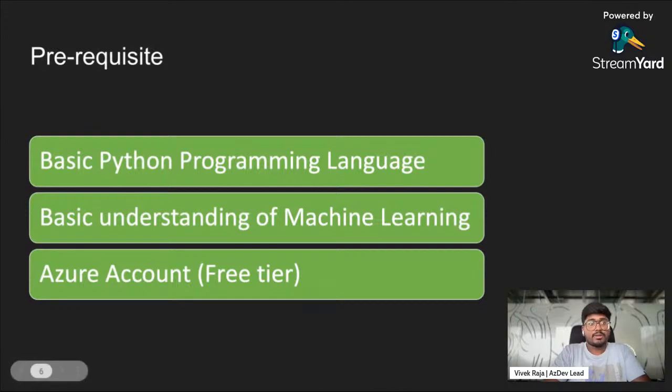And the third one is an Azure account, because that is very much necessary. So if you're going to do a hands-on with that, you definitely need an Azure account. There is a free tier available, but please be aware of the cost which will be incurred during this workshop. What I'm currently doing, the account and the stuff is running on my own bill. It does make some bill as well. So today, before we go into all this, just make sure that you are aware of the bill and costings so that you don't incur any extra bills.